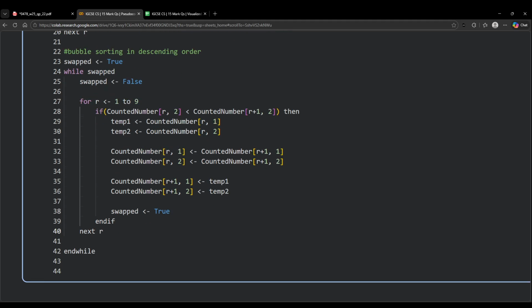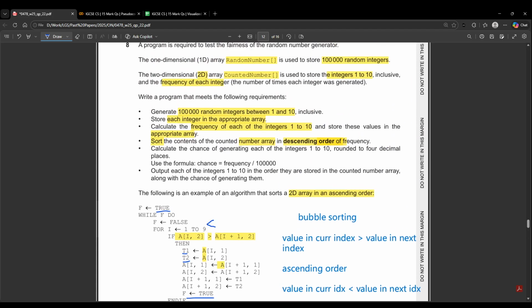So next one, and we do end while. Okay, now going back, we have to calculate the chance of generating each of the integers 1 to 10, rounded to 4 decimal places. Use the formula chance is equal to frequency divided by 100,000. Output each of the integers in the order they are stored in the counted number array along with the chance